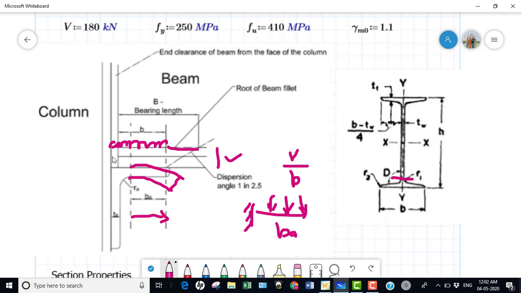So if I know the moment on the outstand, I could effectively design this cross section, because this cleat is going to be like this. So this is the cleat, this is the cleat, this is the cleat. It's going to run over a length. I'll explain. See here, this is the cleat. So this is your length of the cleat, LA. It is said to be the length of the cleat. This is nothing but the outstand.